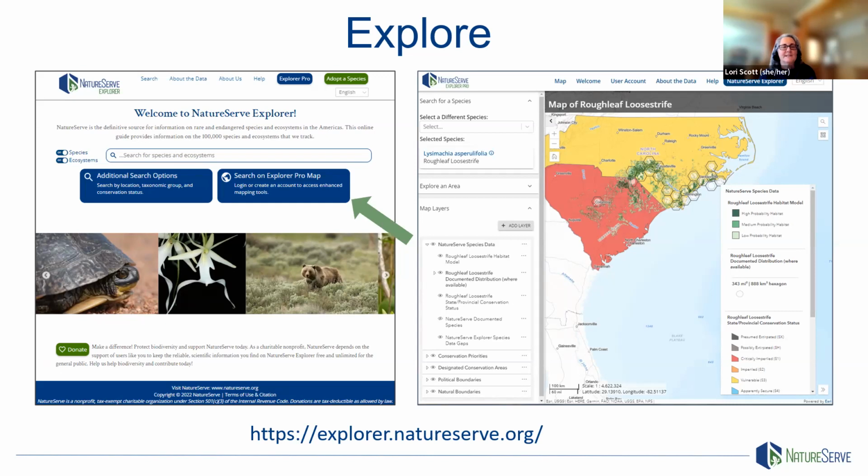On the right, we're seeing Explorer Pro, which is a more recently released companion, which is a more map-centric tool that allows you to look at the distribution of a given species or also search an area of interest. So here on the right, I'm showing an example of a habitat model, like the examples Gio just went through, how those are produced. And what you're seeing here is for this species that it's occurring in these two states